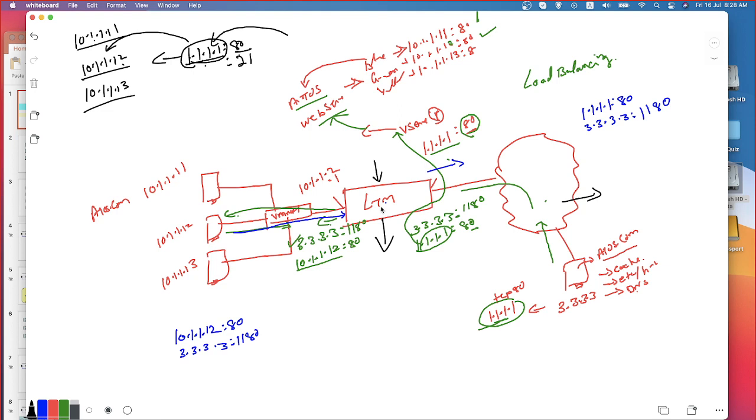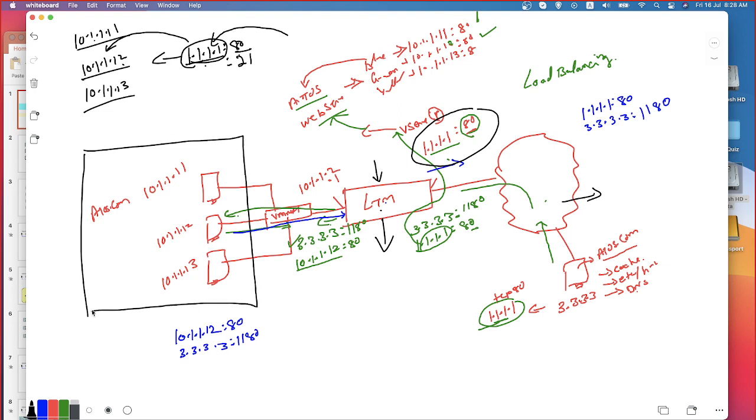Now, for the people who are sitting on the internet, who is going to be offering the service? The LTM is the one. Of course, they wouldn't be aware that there is an LTM, but from their perspective, 1.1.1.80 is an actual server. But what LTM does is hide all your internal server details, and all of the requests given to 1.1.1.80 are being front-ended by your LTM device. Am I right?